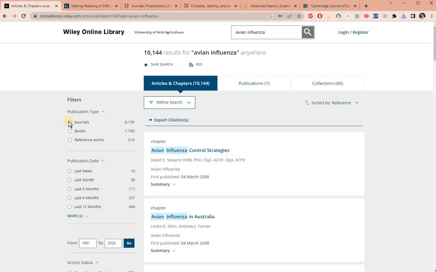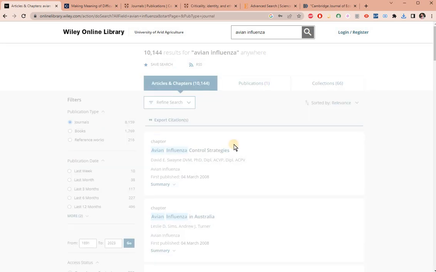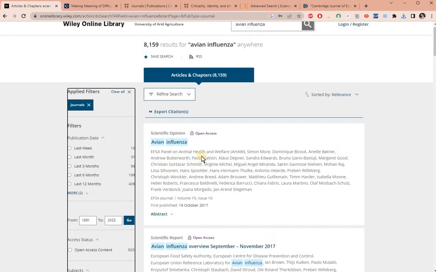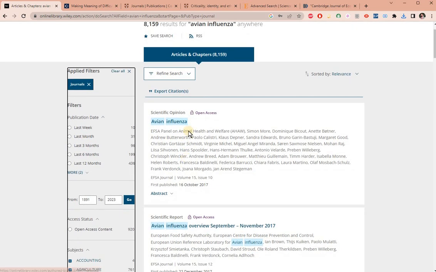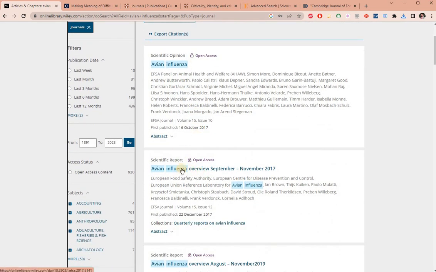Here, if I'm interested in the journal, then I have to select the journal, then click on the specific journal. Then, for example, scientific report overview, the overview September to November